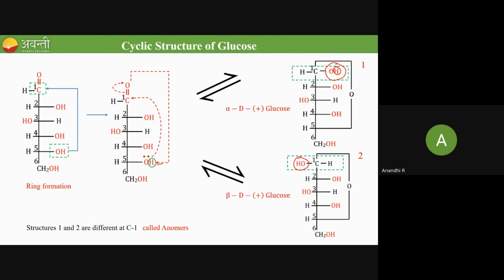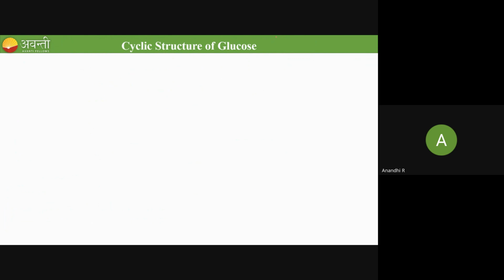Got it? So any doubt here? We are getting alpha and beta structures. Any doubt you have? Here in both the structures, carbon number 1 is named as alpha. Yeah, I'll tell you about alpha and beta later. Any doubt you have in forming the ring using the oxygen lone pair and the attacking of the carbonyl position? So there is no doubt in the ring formation, right? Yes, I'll discuss alpha and beta now.